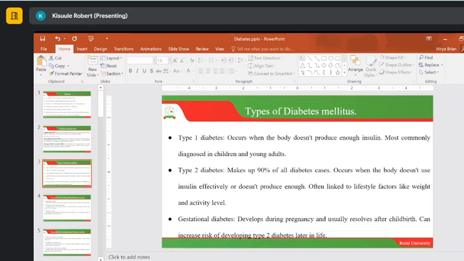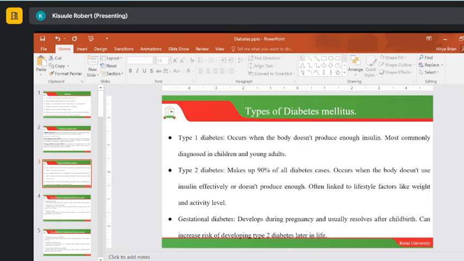People are talking of accumulation of fat around the cell walls, which is also inhibiting the insulin from pumping glucose directly into the cells, leading to overaccumulation of glucose in the blood. Okay.